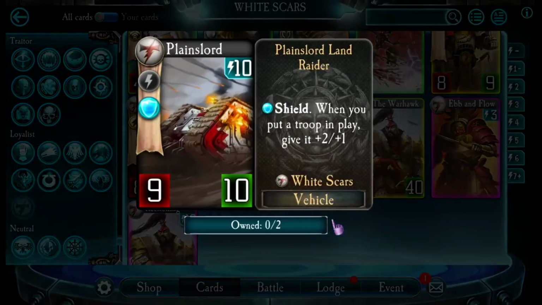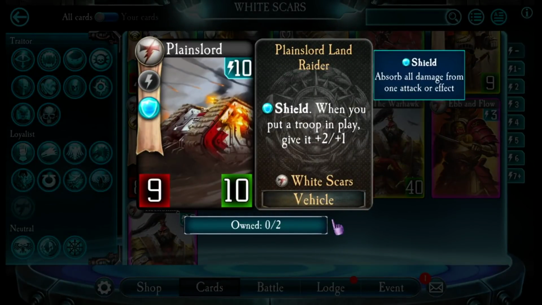And the very last one, Plains Lord Land Raider. This was from my reveal video. 10 energy with a shield, 9 attack, 10 health. This is an alright card. The main problem is once you reach Mars or Terra,